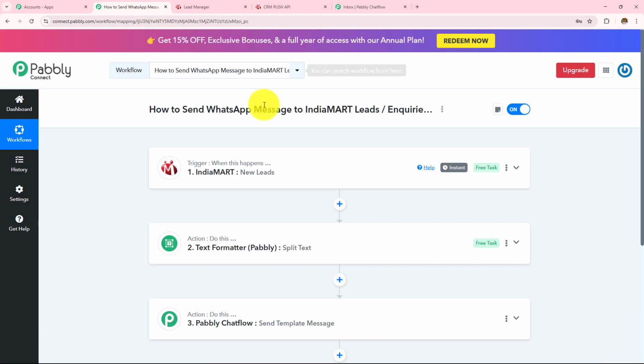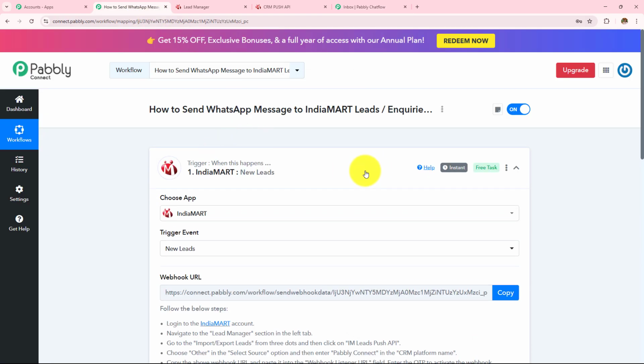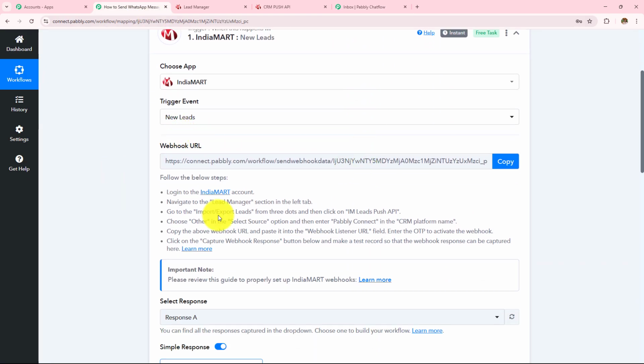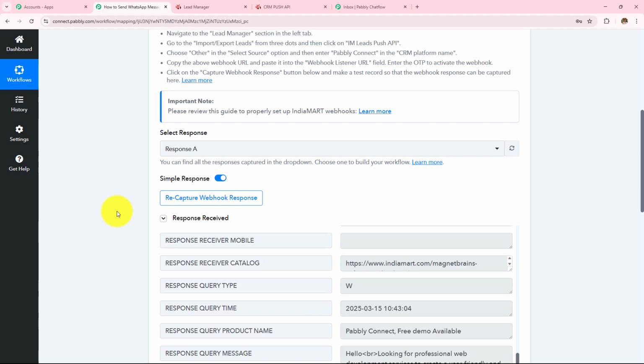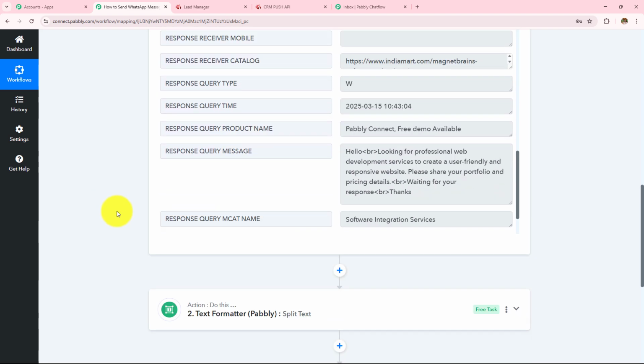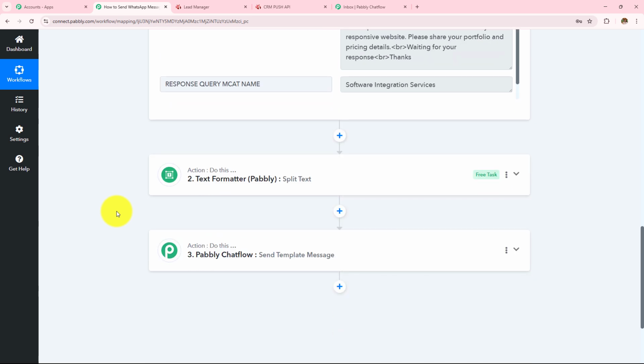So now to summarize, we took IndiaMART as a trigger application where we made a connection with Pabbly Connect with the help of this webhook URL. We submitted a query and received that response here in this workflow. Then we moved to the next step